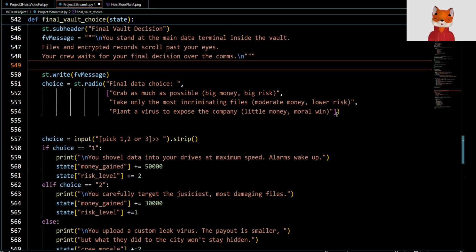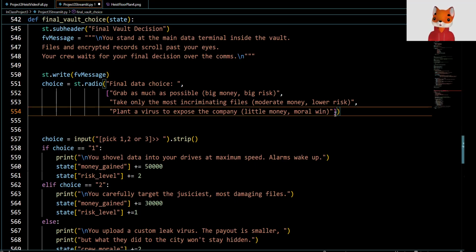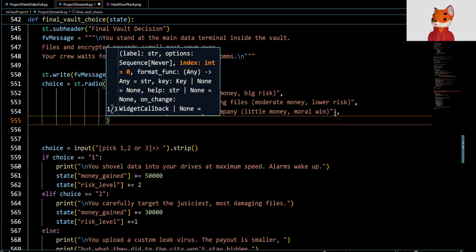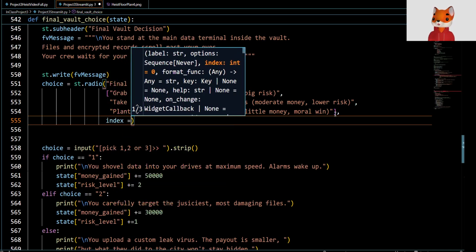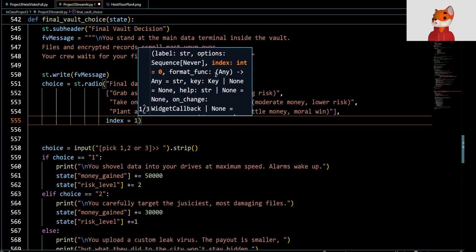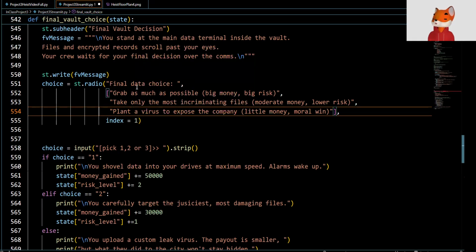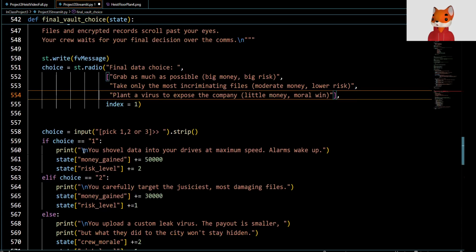We're also going to place here an index. So we're going to have the index be initialized by default to 1, so it could pick the first one or not. Okay, so now that we have this process done here,